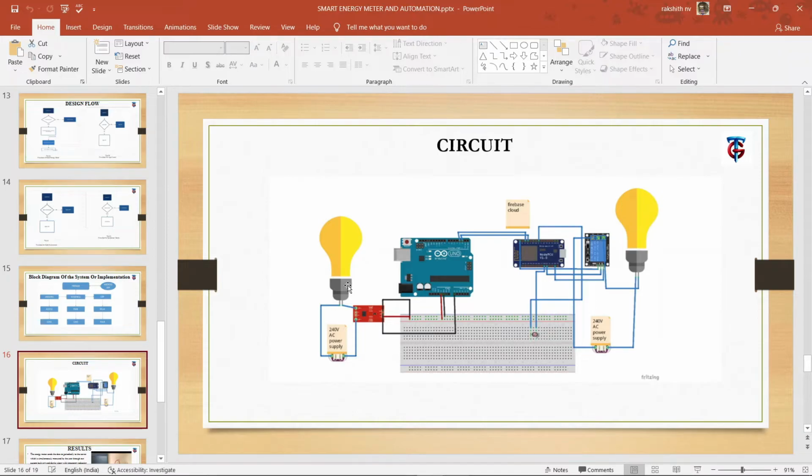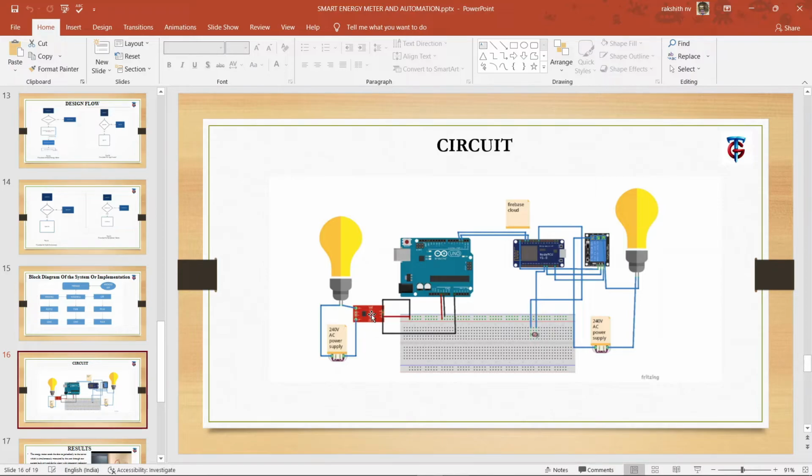And this is the circuit diagram. We can't exactly put the entire circuit in the circuit software which we have now. I have used Fritzing software, so I'll just give a brief overview. The Arduino microcontroller is connected to the ACS712 current sensor, and from the supply there is also a load connected. One wire will be given to the load and one wire will be given to the sensor. So it will be measured when the circuit gets completed.